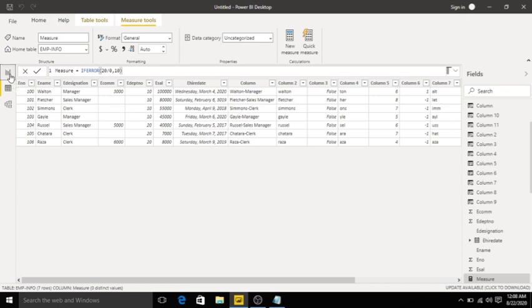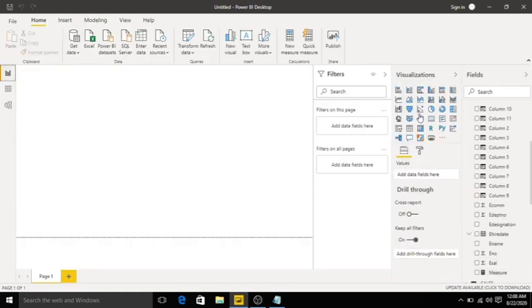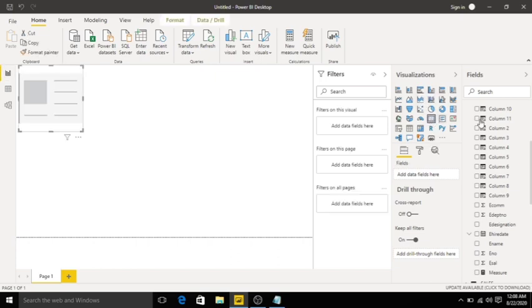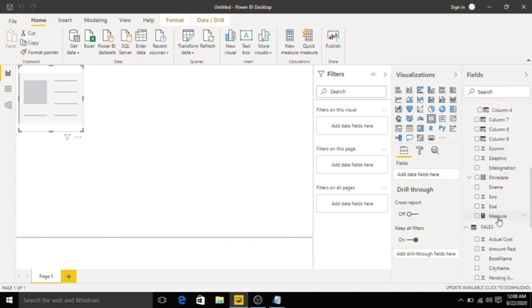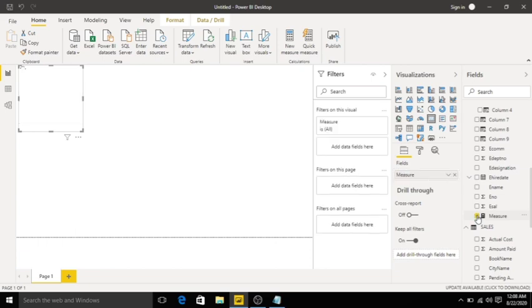Go to reporting tool, click card, click measure, see measure will be 10.